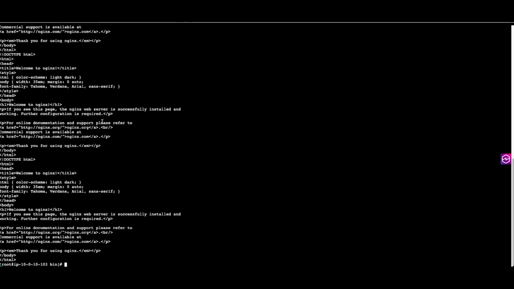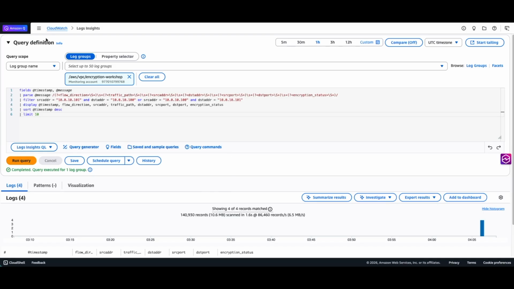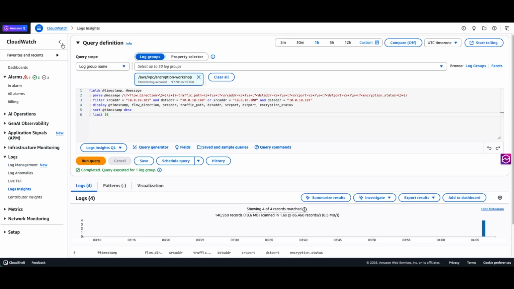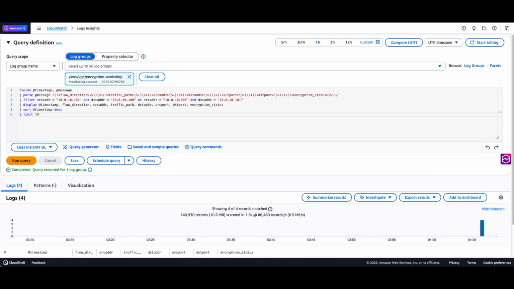It will generate the VPC Flow Logs, which is already enabled. Next, we'll go to CloudWatch and run some commands to see what the values of the new encryption status field are for this traffic. In CloudWatch, we are going to go to Logs Insights, and there I will select the log group, the encryption workshop log group I have. And I'm going to run this command where I'm saying show me all those entries where my source address is my client machine IP address and my destination address is the web server machine IP address, or the other way, if the traffic is originating from my web server coming back to my client machine. So when I run this query,